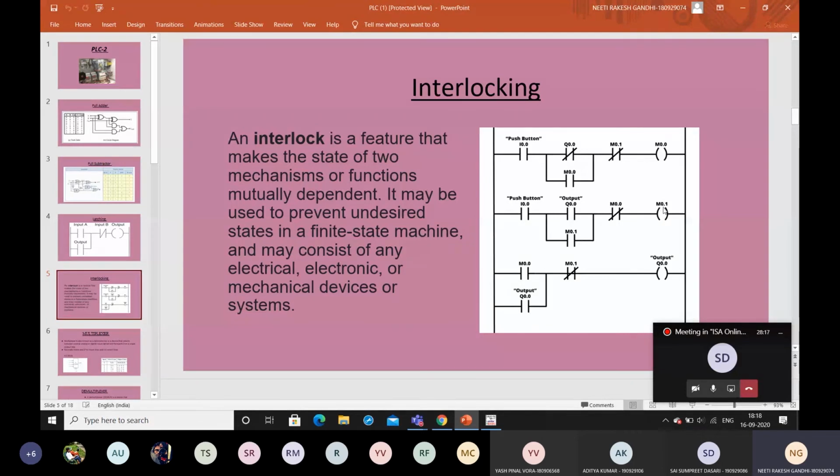This M0.1 gets triggered, this gets open, and since this is currently high over here, this acts as a normally closed switch. This will become a normally open switch, making M0.0 shut. So when the light of this room is on, the other room is automatically going to turn off, because this is linked over here, M0.0. As you can see, this cross connection or mutually dependent function is controlling both of the lights of the rooms, with certain conditions that both of them cannot be on at the same